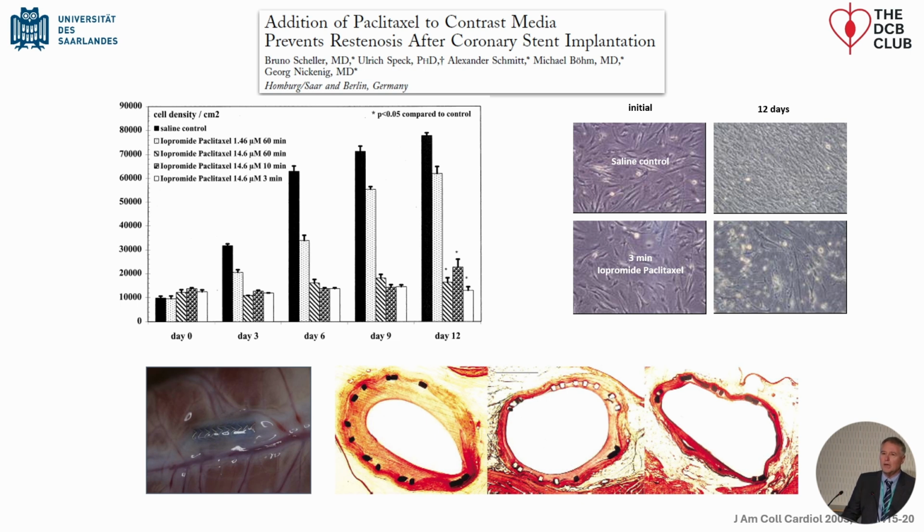And we combined the contrast medium with paclitaxel because we had it in the lab. If we had another drug, we would have used this one. So this was also by chance. And we did cell culture experiments, found that already a short incubation with such a formulation inhibits the growth of vascular smooth muscle cells. And so we went into a porcine restenosis model, experimental stent implantation at day 0, and